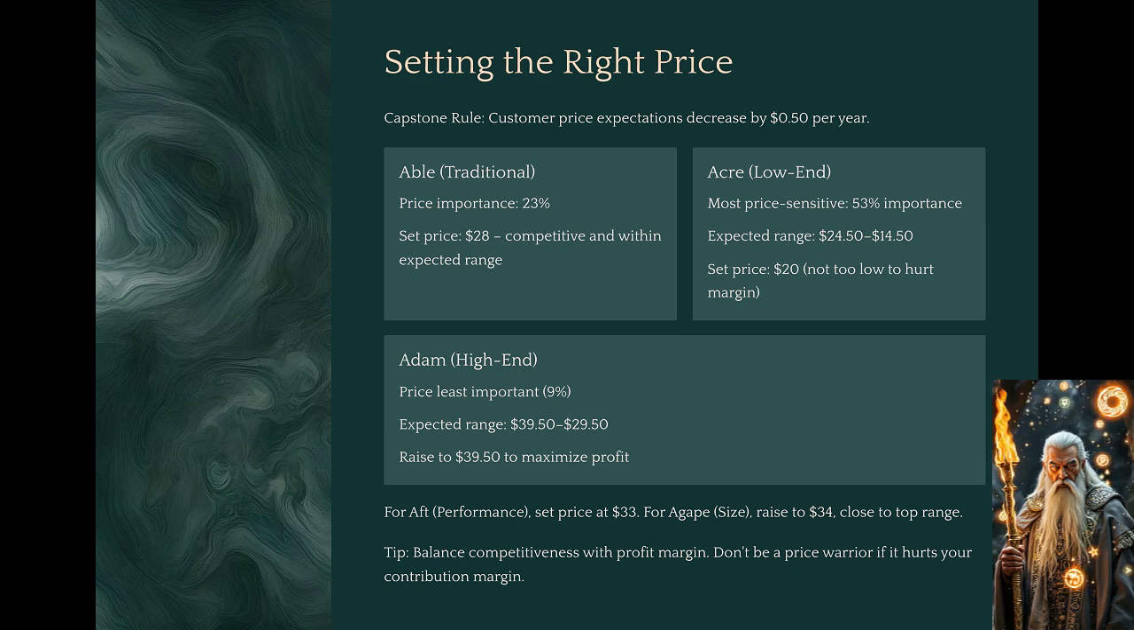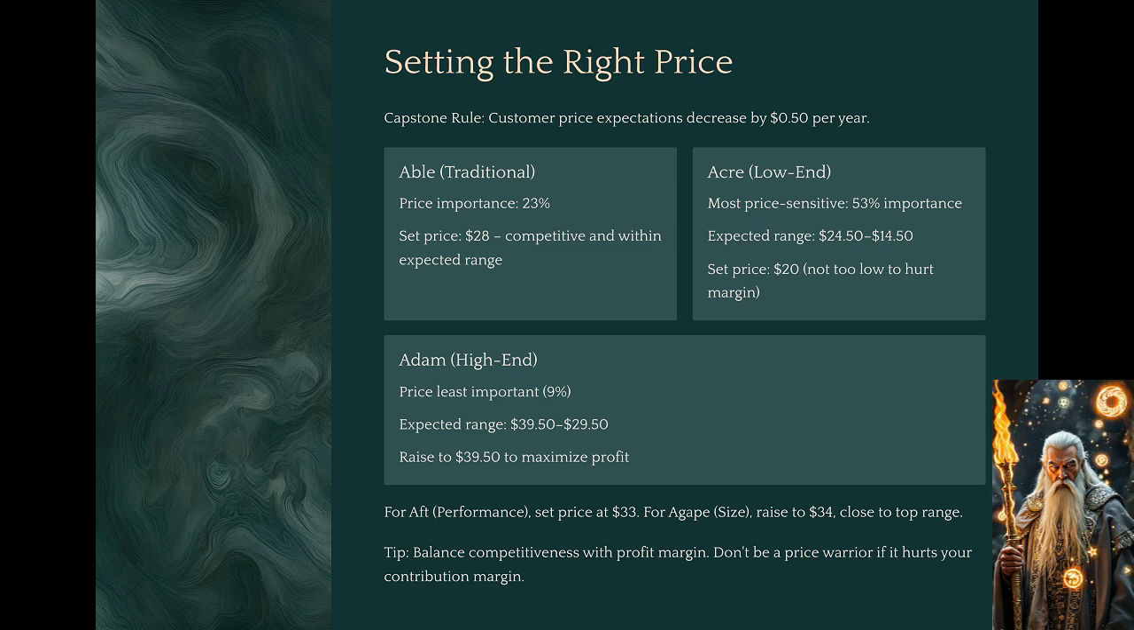So if traditional customers wanted $30 to $20 in 2019, they'll want $29.50 to $19.50 in 2020. Let's review by segment. White heavy checkmark Able, traditional, importance of price, 23%, set price, $28, competitive and within expected range. White heavy checkmark Acre, low end, most price sensitive, 53% importance, expected range,